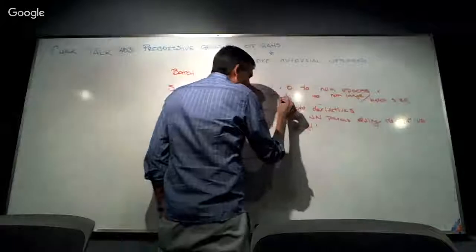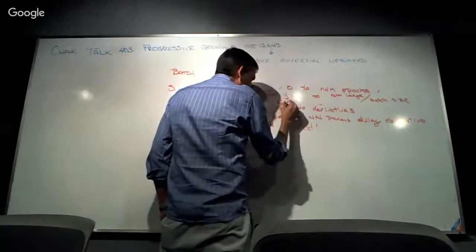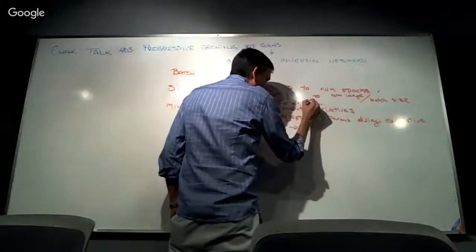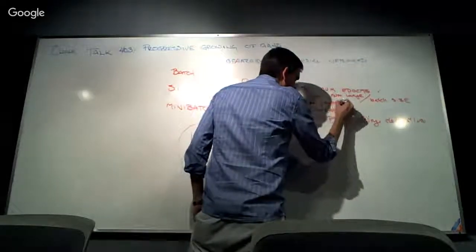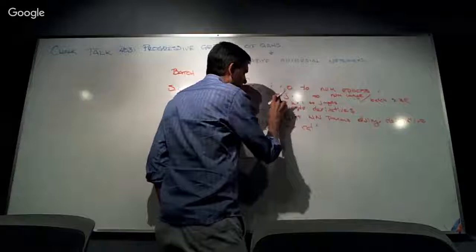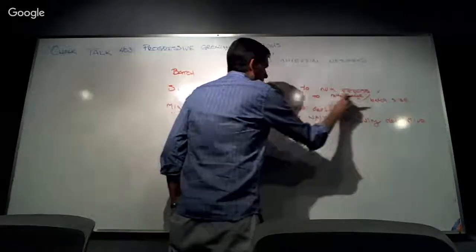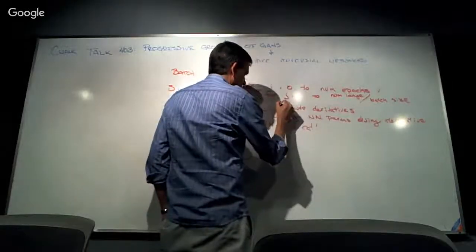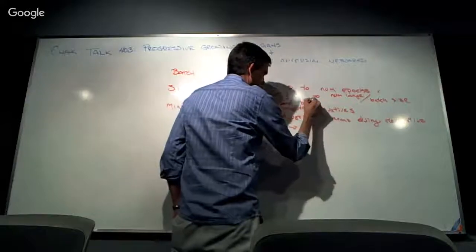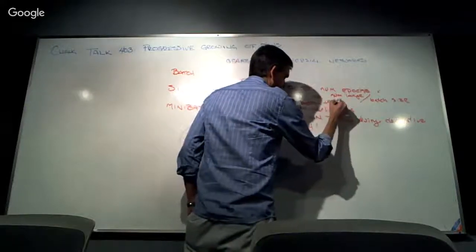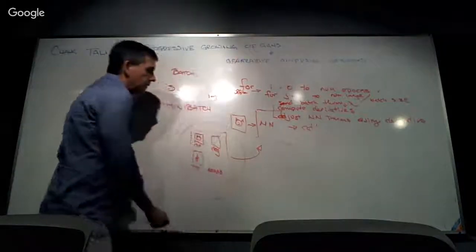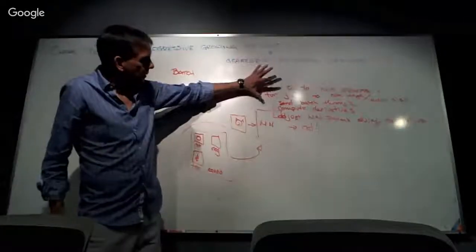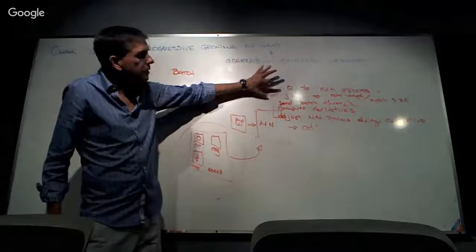And then you go through, and then we send the batch through. Right? So here, what we're doing is saying, okay, I'm going to take just a small number of images,